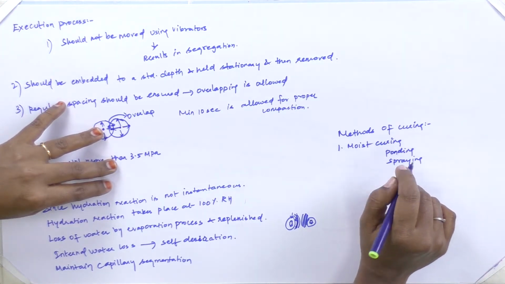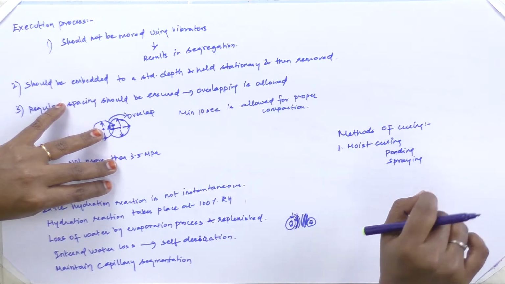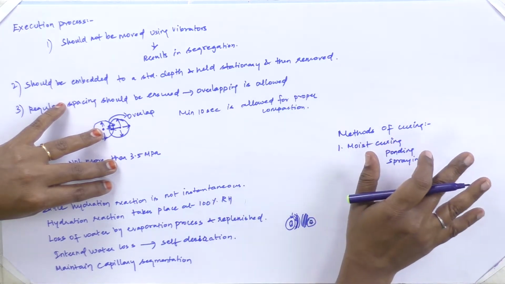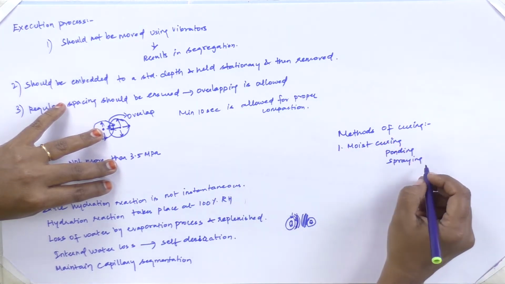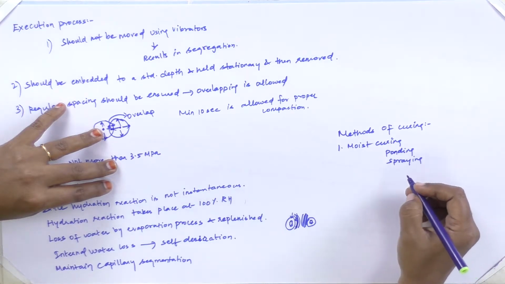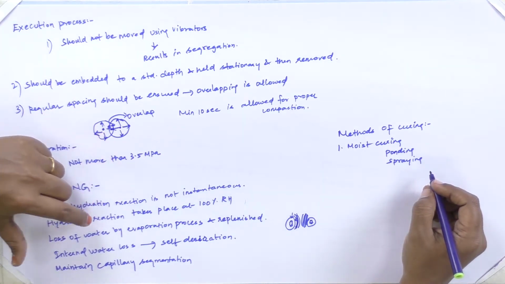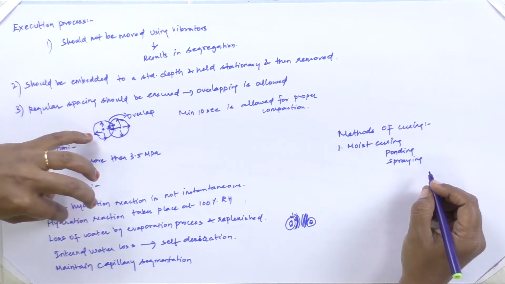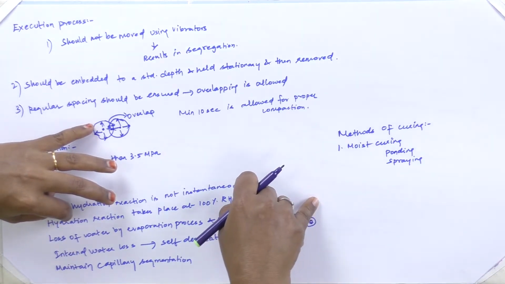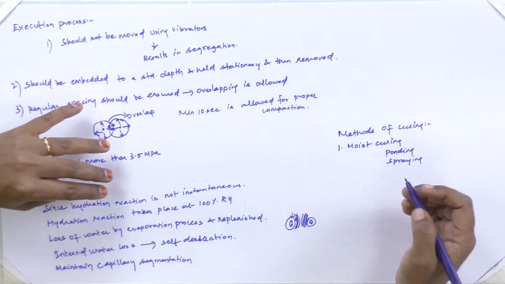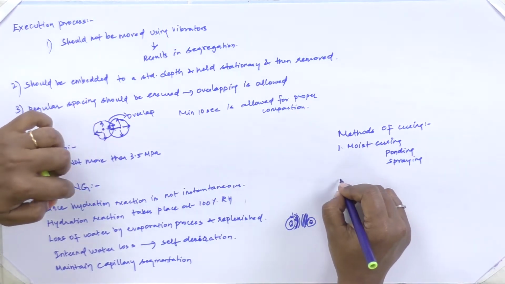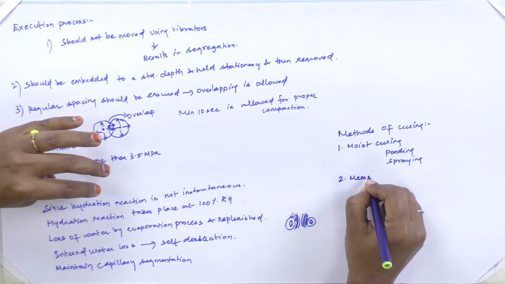And in spraying operation, we will be spraying the water to the vertical columns through means of a sprayer mechanism, and we will be maintaining the 100% relative humidity which is required for curing process. And next is membrane